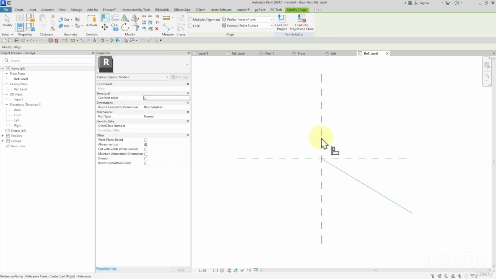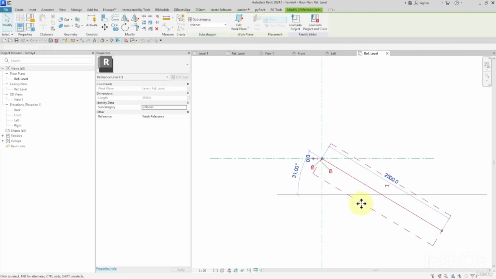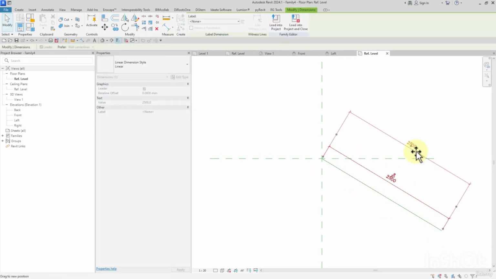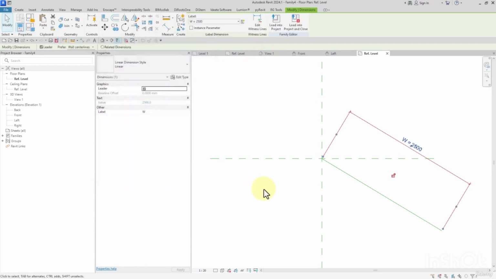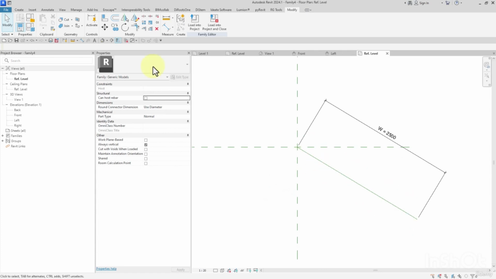Then I pick a line, watch this, I hold down the marker of the mouse there, then I press down tab, then I click when the point appears to lock the line with the two reference planes. And also here we got the dimension line, new parameter, okay, and then